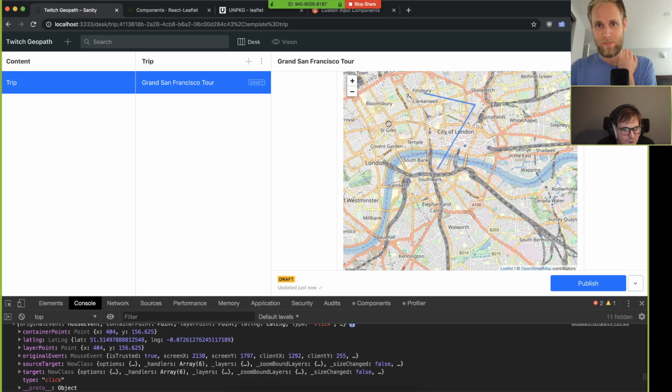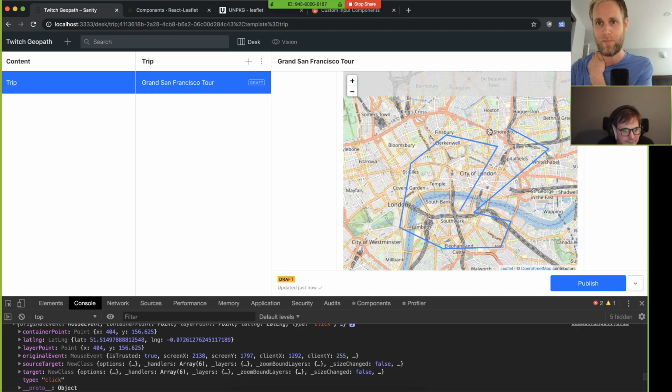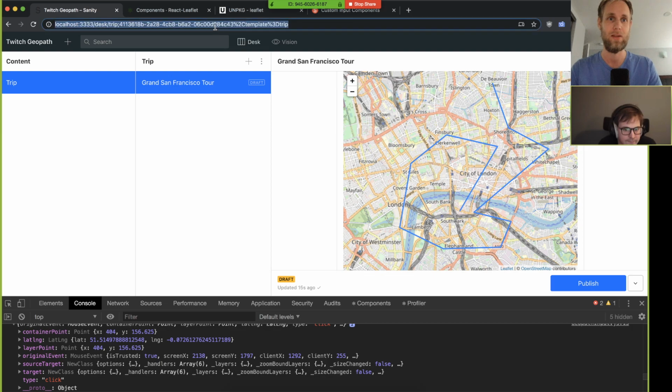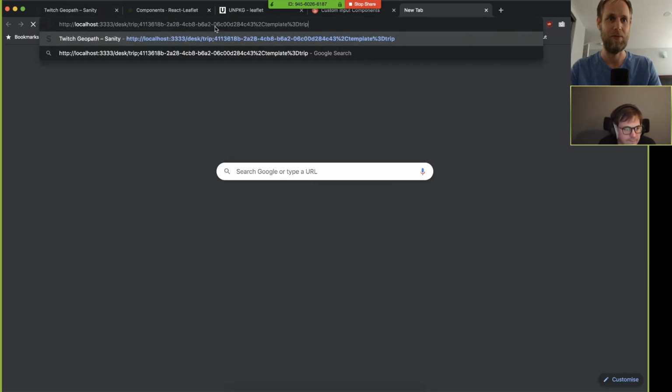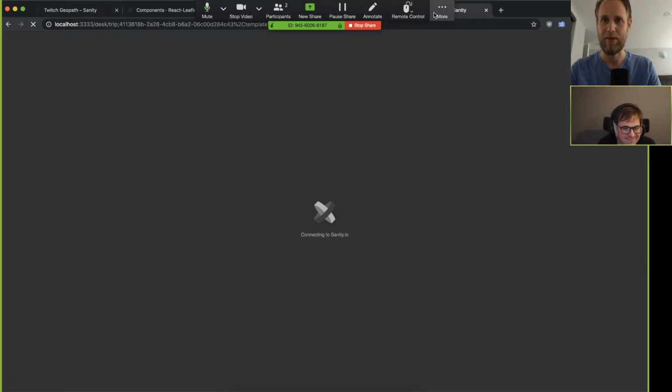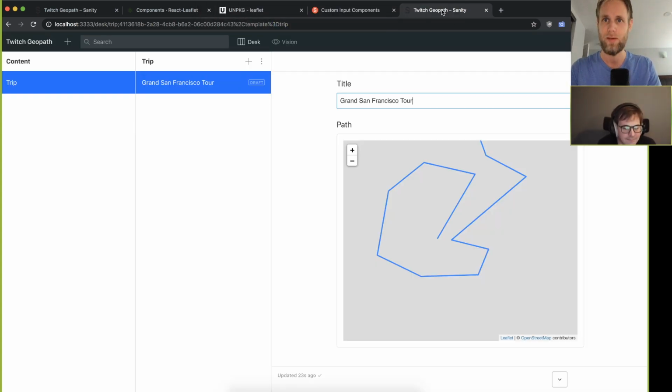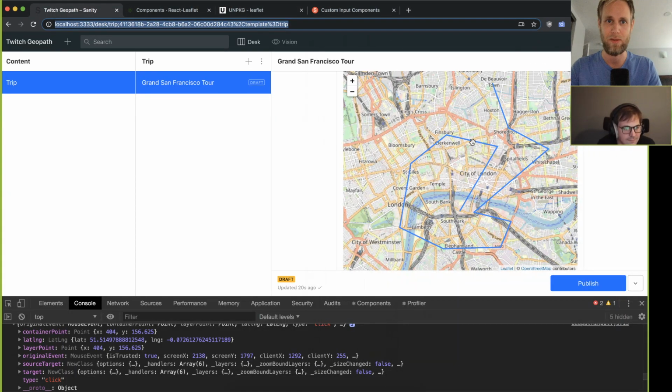Yay! Wow. And as you can see, it's updating automatically because when you emit that patch, the input component will just get a new value, and that value will automatically get rendered. And so it's very easy. You don't have to maintain any kind of internal state to get that. It's also what powers the real-time things without you having to worry about the nitty-gritty details. So if I have two of these open